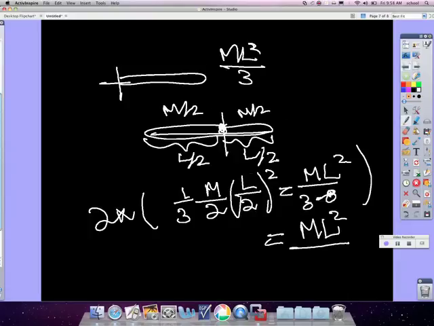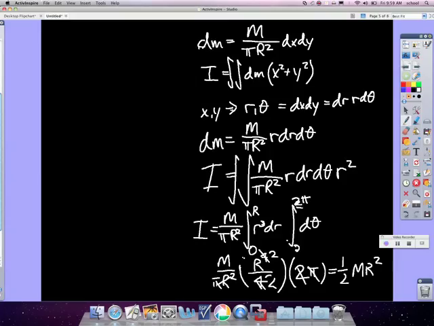So that's where it's good to have the mnemonics. Let's say I have a string with a ball at the end of the string. The mass of the ball is m. That's mr squared. A disk, mr squared over 2. A rod, mr squared over 3. Okay, so make sure that you have your